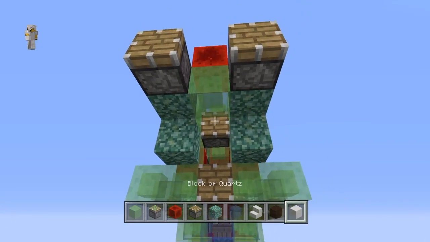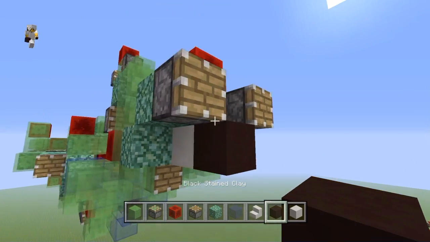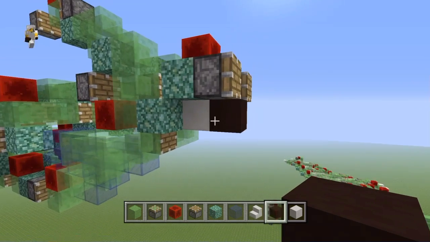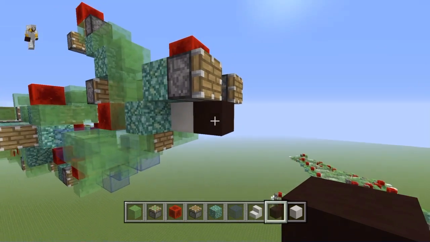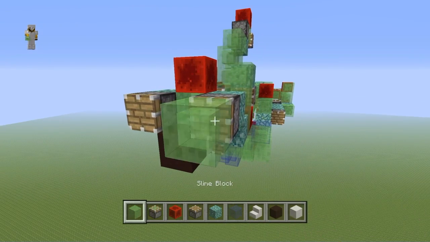Now, right under here, we can actually add in our eye with your block of whatever choice here and your other block of whatever choice there. Now, of course, I used the quartz and the black clay just to resemble an eyeball and a pupil, I guess. So yeah, then once you have this,